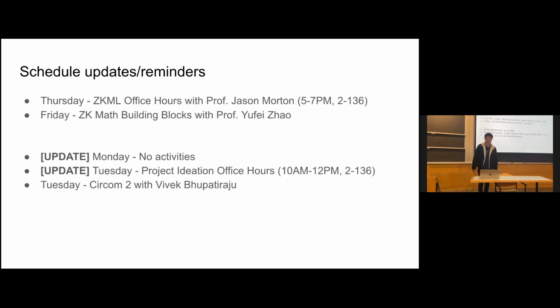First off, some quick housekeeping items. For the remainder of this week, we've got two more things going on. First is that Jason is going to be hosting ZK Machine Learning Office Hours tomorrow from 5 to 7 in the same room. So if you're curious about what that's all about, then please drop by. It's a super fascinating topic. I've also included a link in the lecture notes for today with an aggregation of a bunch of different links out to talks and articles about zkML, and I'm sure Jason has many more as well. And then on Friday, Yufei is going to be presenting ZK Math building blocks, so the building blocks behind things like elliptic curve cryptography, pairing-based cryptography, and stuff that's eventually going to build up to next week's session on